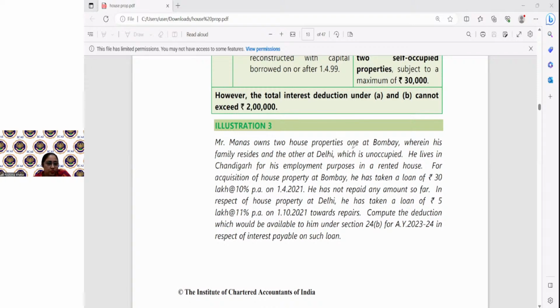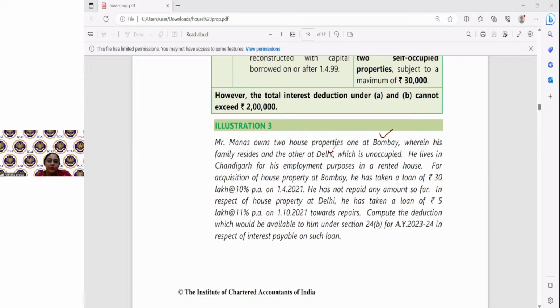One is the Bombay house and the Delhi house. Chandigarh house के लिए it does not matter to us. Why? Because it is a place in which he is living on rented accommodation. So Bombay house and Delhi house has to be taken as self-occupied property. And दोनों में यही है, one in which the family is residing and another he is not able to take